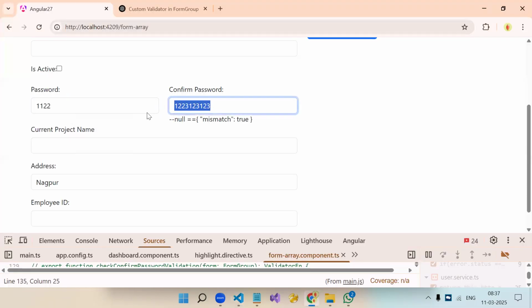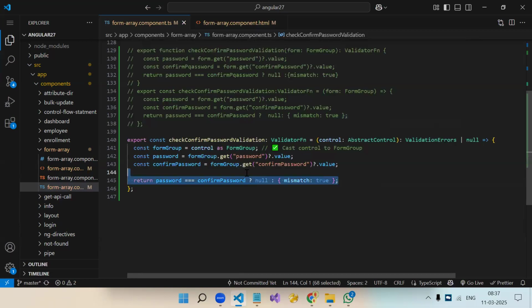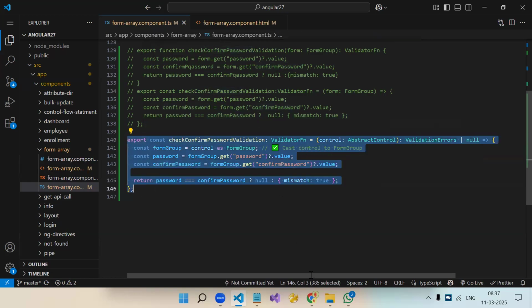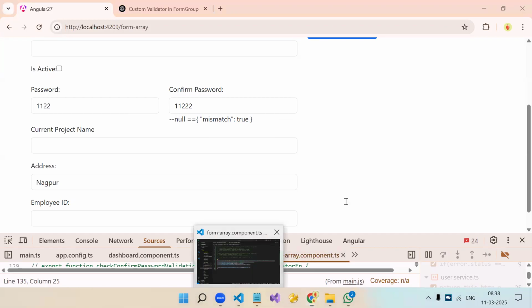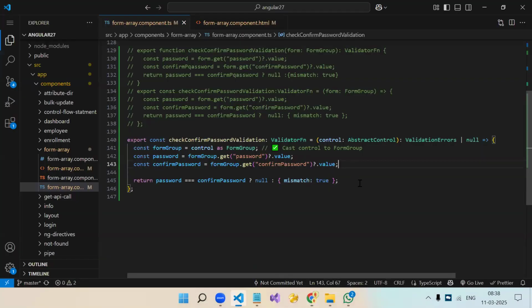हाँ, देखो अभी मिसमैच आया, ये समझा? इस फंक्शन में अपन ने कहीं पे ऐसा कुछ भी कोड लिखा है क्या कि कंफर्म पासवर्ड का ये एरर है? Did we write any specific logic that this error will belong to this particular control? Right? No. So this is overall the form, हमारे ओवरऑल फॉर्म में सेट हुआ है वो एरर। अभी अगर मैं यहाँ पे 1122 डालता हूँ तो देखो वो एरर नल हो गया। अगर मैं डिफरेंट पासवर्ड डालता हूँ फिर जाके दिख रहा है। गॉट इट? सो ये ओवरऑल फॉर्म पे गया, बट हमें अगर कंट्रोल में सेट करना है तो यहाँ पे मैन्युअली सेट करेंगे।